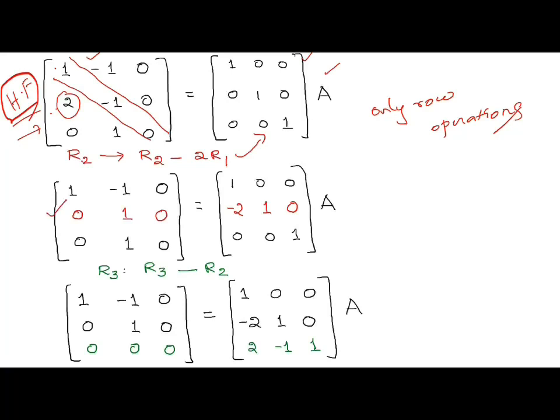Next, if you see here, this is the principal diagonal. It is still not upper triangular, so we have to make this element 0. Go for a suitable operation: R3 becomes R3 minus R2. So 1 minus 1 becomes 0. This is okay.